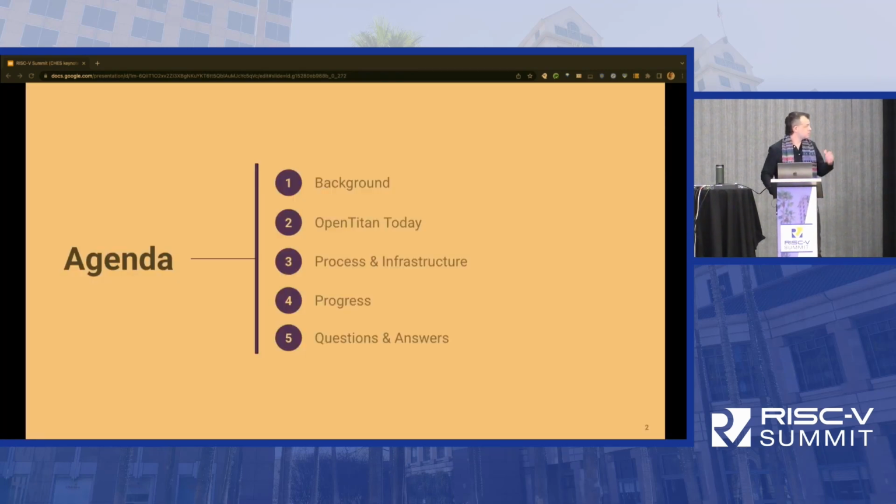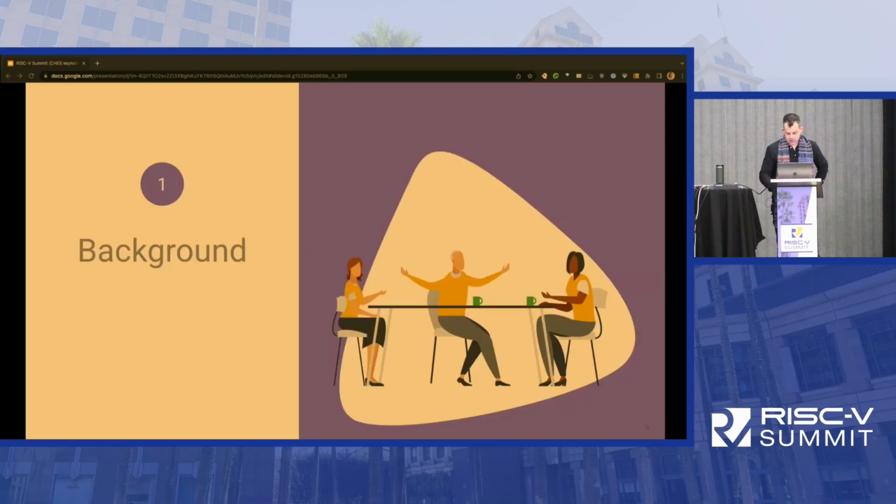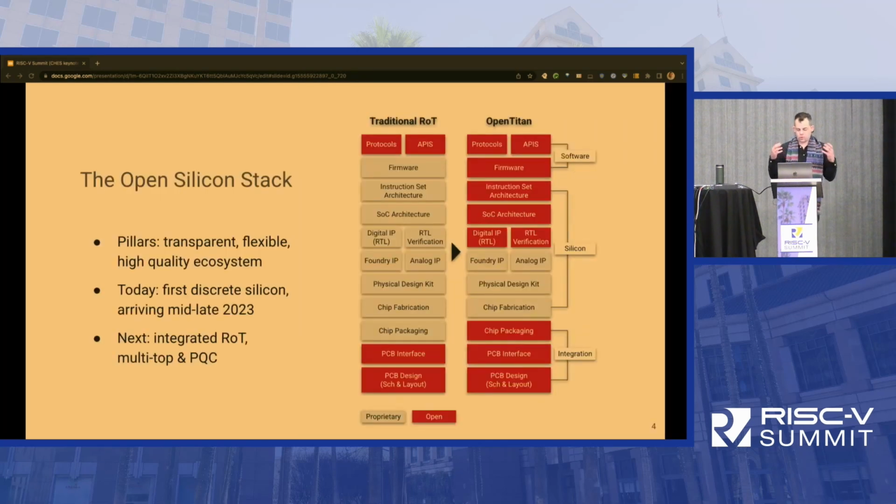There's the agenda. I've only got 20 minutes. I'm not going to read that. So first off, background: what are we doing? What we're building today is this open source silicon root of trust, and we're guided by three core values: transparency, flexibility, and quality. Then I'll talk about how we actually ground those out in reality,